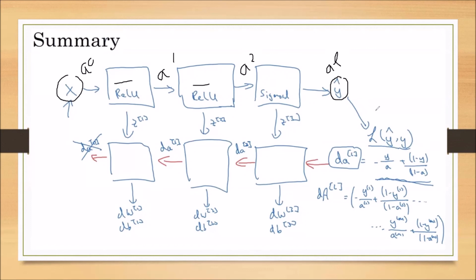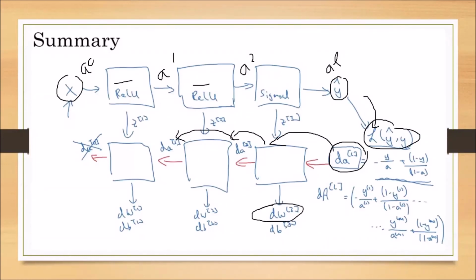By using these predicted outputs, first we have calculated the loss function, which gives the relationship between y cap and y. This y cap is only a. Then we have calculated the dA. dA is nothing but minus y by a plus 1 minus y by 1 minus a. By using this dAL, we calculated dAL-1. By using dA3, we calculated dA2. By using dA2, we have calculated dA1. In the meanwhile, we are getting dW and dB terms.